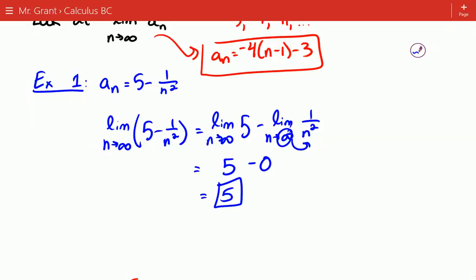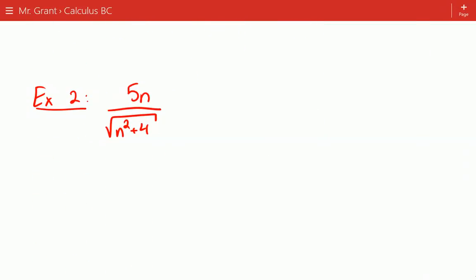So in this case, it tells us that the sequences, or the terms of this equation, converge to 5 as our n values get infinitely large. A few more. We have the function 5n over the square root of n squared plus 4. We want to know, are we getting somewhere with our terms? So we look at the limit as n gets infinitely large of this function. We can't plug in infinity right away because we would have an infinity over infinity case, and that doesn't really help us. L'Hopital might do something here, but we might as well go ahead and look at another way for